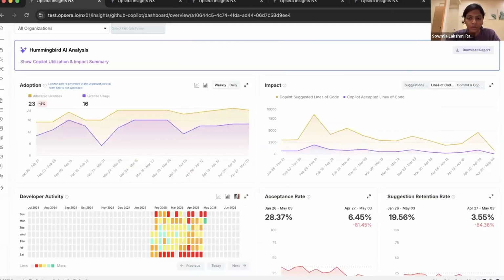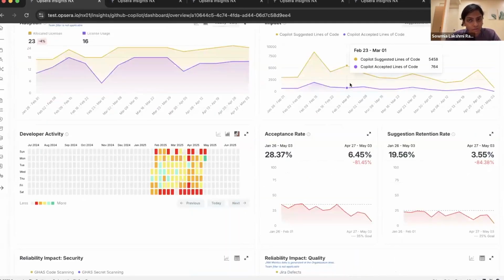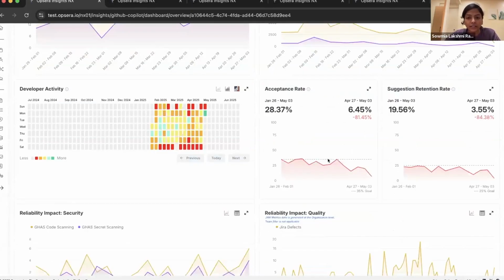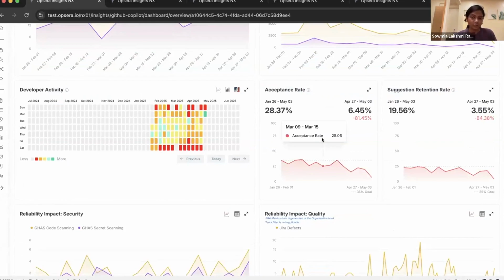And moving on, so you saw the overall lines of code that is suggested, overall suggestions and acceptances. But what is the rate, right? So generally, in every market, we tend to have a specific goal or a benchmark that you want to achieve, or you want your teams to traverse through. So that's where the acceptance rate and the suggestion retention rate comes into the picture.